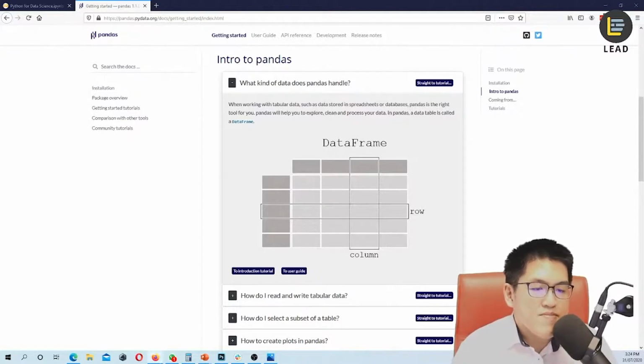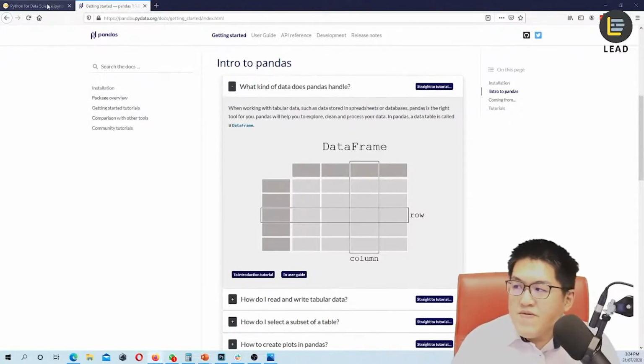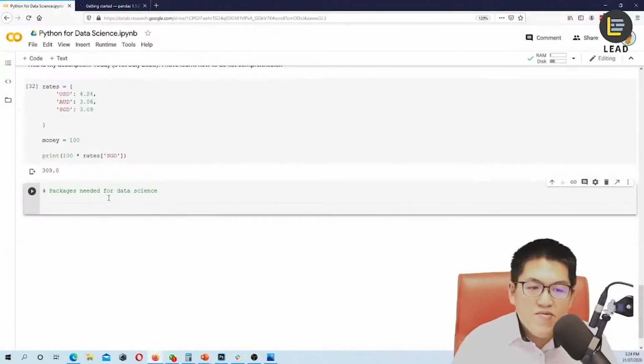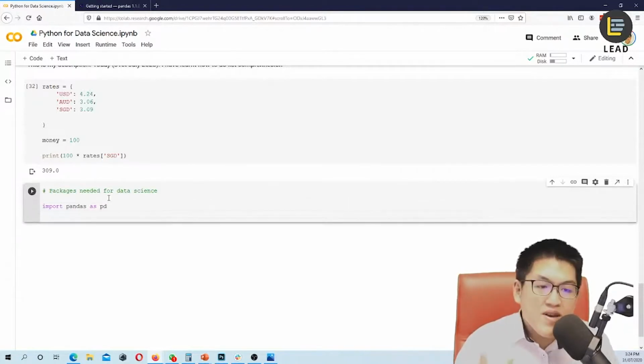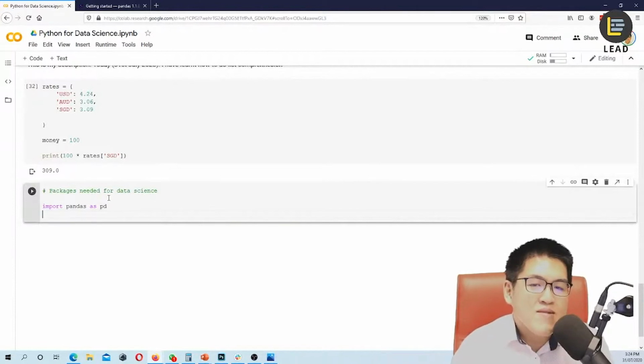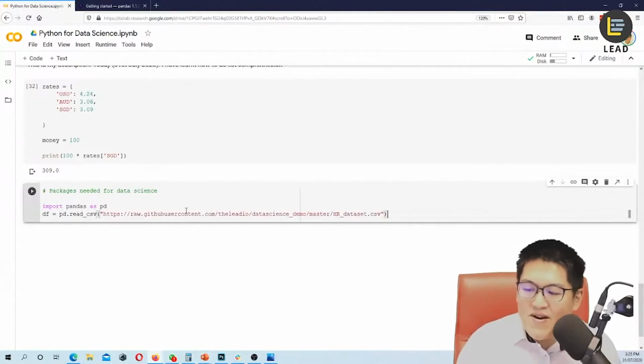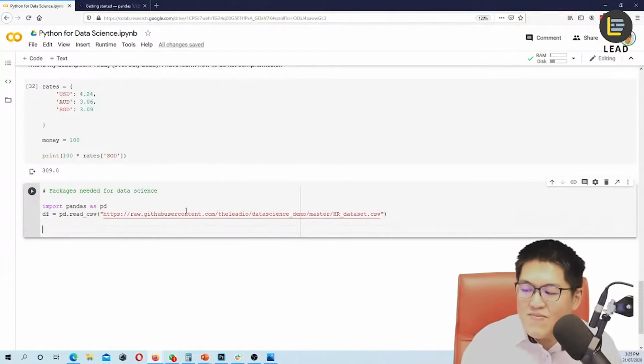First thing first, you need to import pandas as pd, because this is an external, or we will just call it third-party, framework, library or package. So we always have to import them before we can do something with them. Yeah, so you can read a dataset CSV file into pandas as a df. df stands for